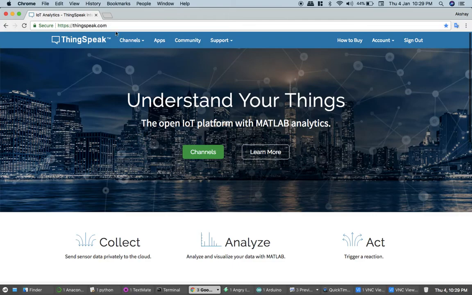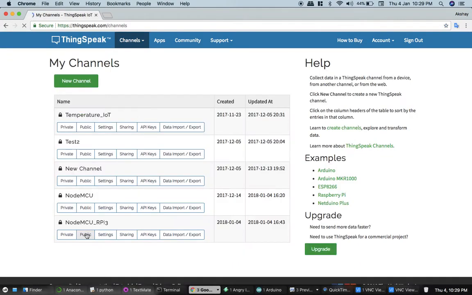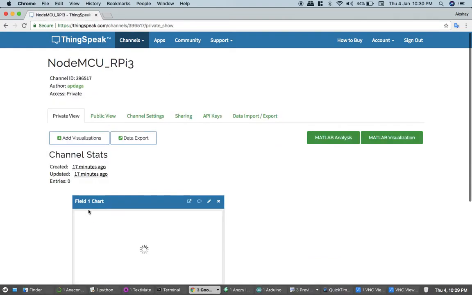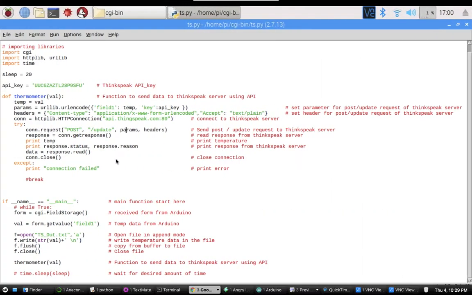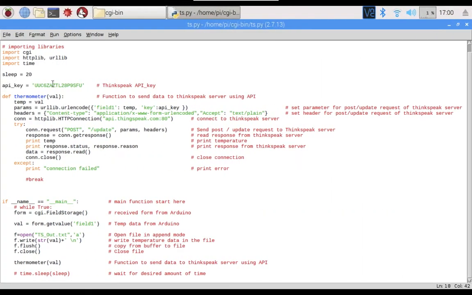See, here I have logged in to my ThingSpeak server. I'll go to Channels, My Channels. I have created this Node MCU RPI 3 Raspberry Pi 3 new channel. I'll go to API Keys and copy this key. I'll paste this API key in the Python script.